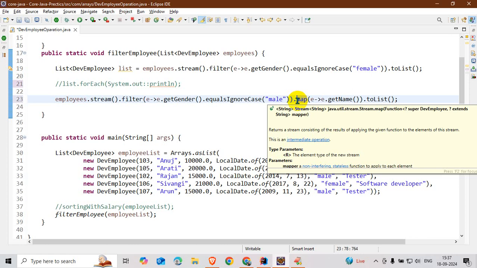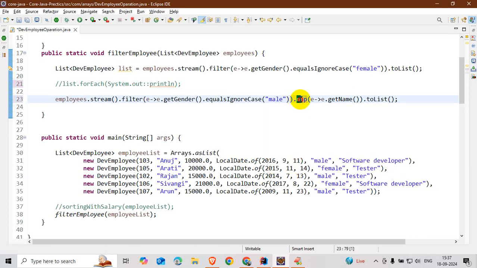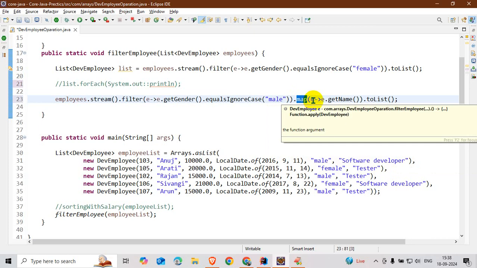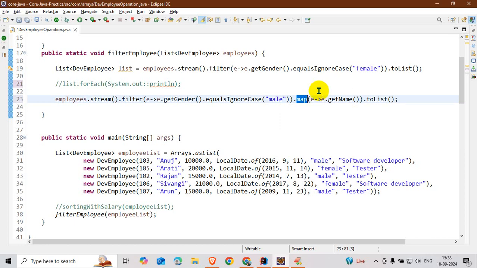And I want to map the data to a list of names. So I call the map method, and in the map method I write the apply method. In the Function interface there is only one abstract method, that is apply. Apply takes one argument and returns an object. Here I take the employee object, get the name and collect to list.